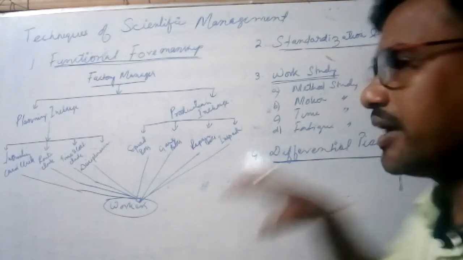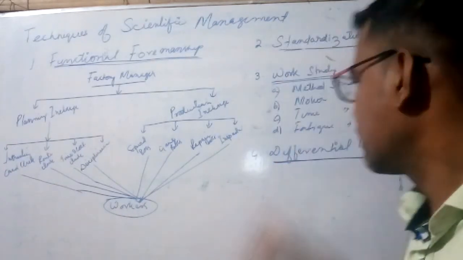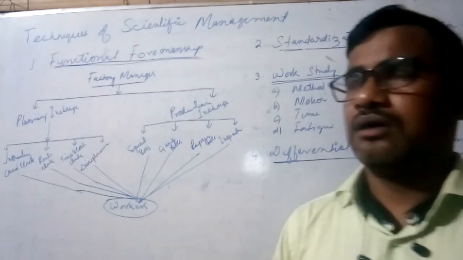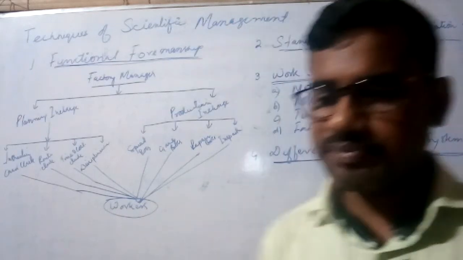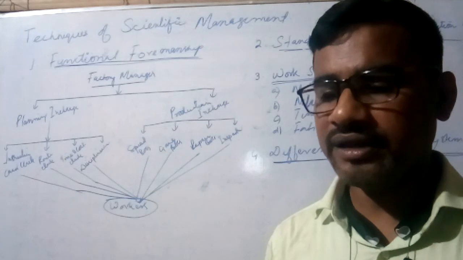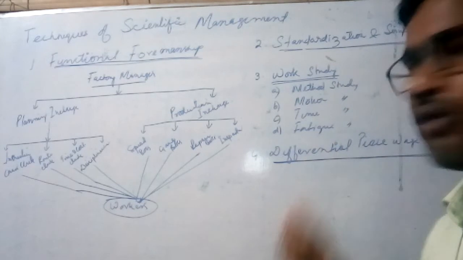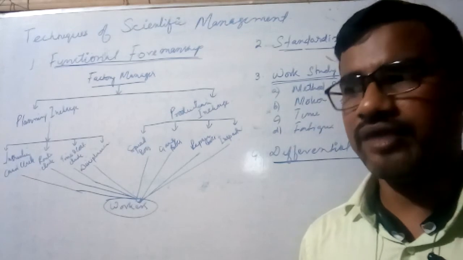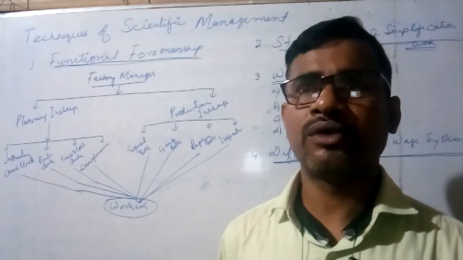So this study again is essential, Taylor said, to bring the scientificness in your managements. And the last one is differential piece wage system. So this means what? This differential piece wage system means this system of wages makes the workers work more efficiently and effectively, as this rate of wages makes the worker enthusiastic, motivated. Say for example, you can see, कभी कभार हम लोगों ने देखा है जो कॉन्ट्रैक्टर के अंडर में